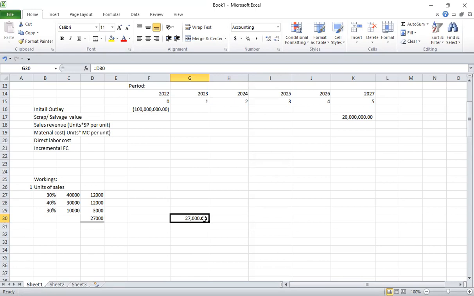Remember, year 2024 is the second year. So the expectation is that demand will increase by 25%. So when you come to year 2,